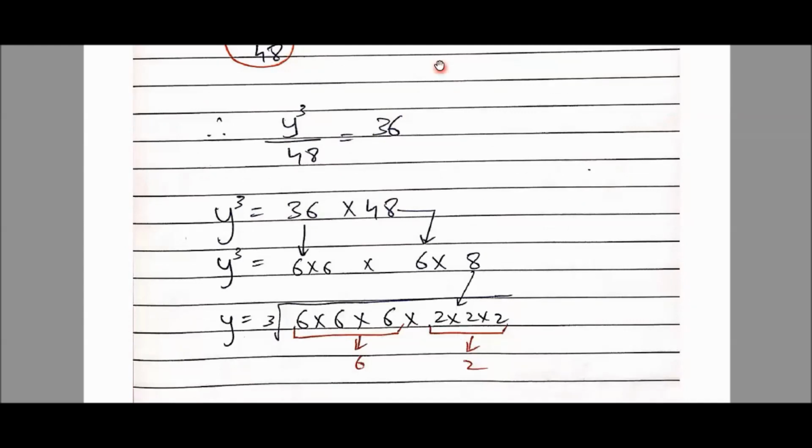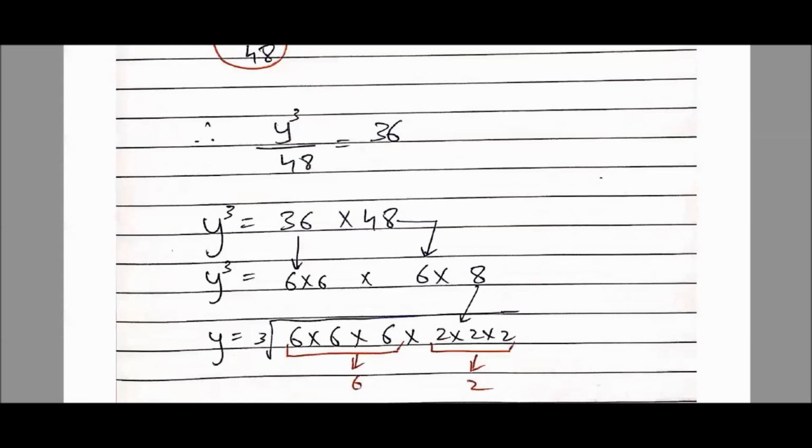Now I want to share something important with you all. Pay attention here. Generally, what you all do is you multiply 48 with 36 and you get a big number, 4 or 5 digit number. Please don't do it. Don't do it. See, I kept y cube as it is. Can I say 36 is nothing but 6 into 6? Can I say 48 is nothing but 6 multiplied by 8?